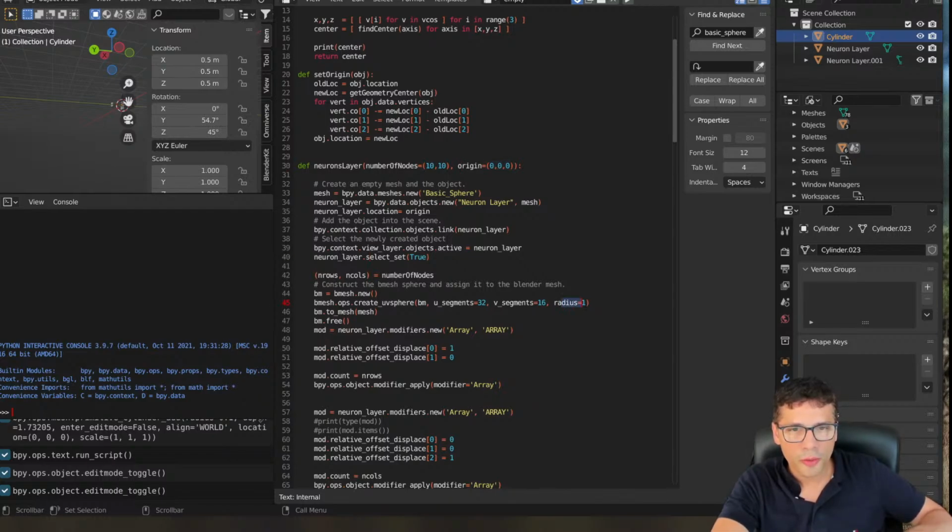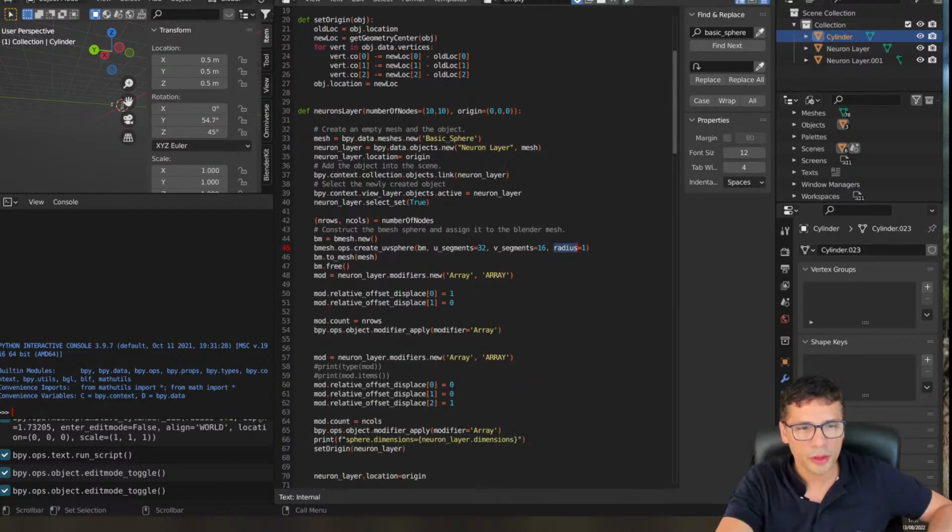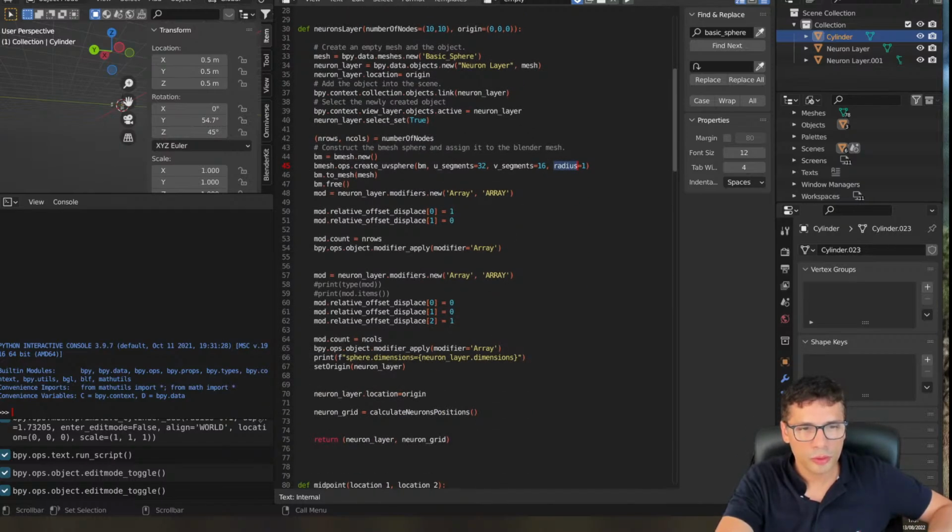I don't know the radius because I'm currently hard coding it here, but I can also pass in another variable. I'll do that later. For now, I don't want to complicate it too much. Let's call it calculateNeuronGrid, and I'm going to give it an origin, number of nodes,